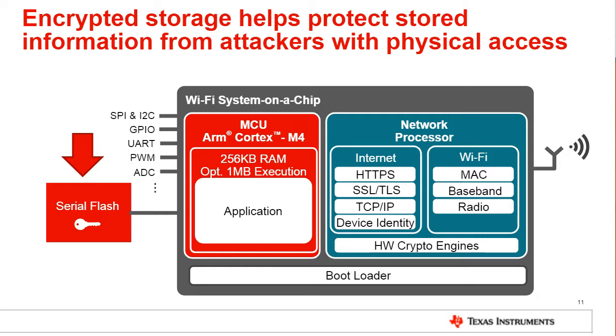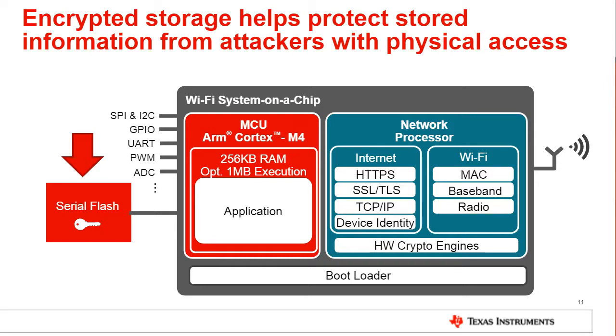system and securing it. So that can come in the form of performing data encryption, so that the secured information stored off chip is stored in an encrypted format that can only be read by the device that stored it. That can be also in the form of integrity checks, where the Wi-Fi device will verify that information on the external storage hasn't been tampered with before it reads that information into memory and then uses it.